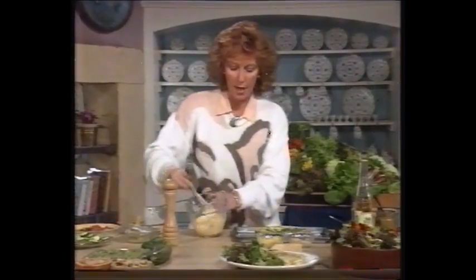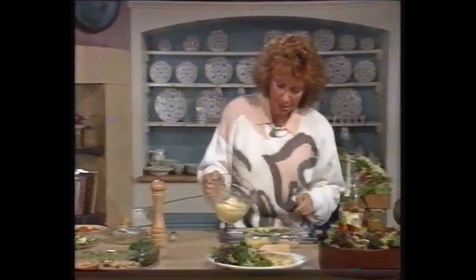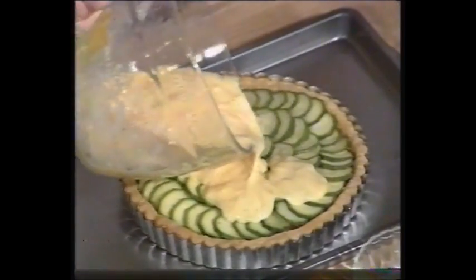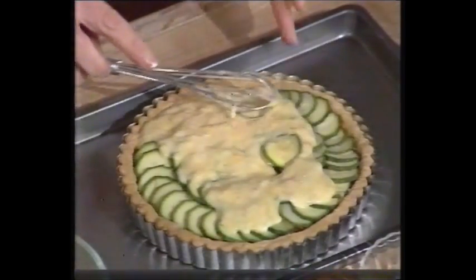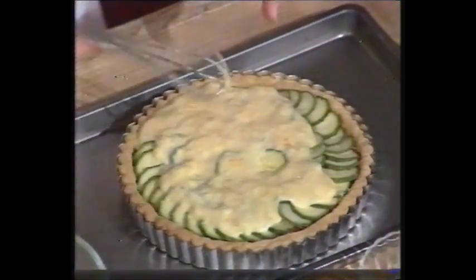Make sure it's beaten well, otherwise you'll end up with it not coming out. And then just drizzle that over the top. See how thick it can be. You've got to do this slowly. And then you can take a spoon to it and let it just crinkle down all the way over. It will find its own level without pulling up the courgettes. And then once that's over all the way,